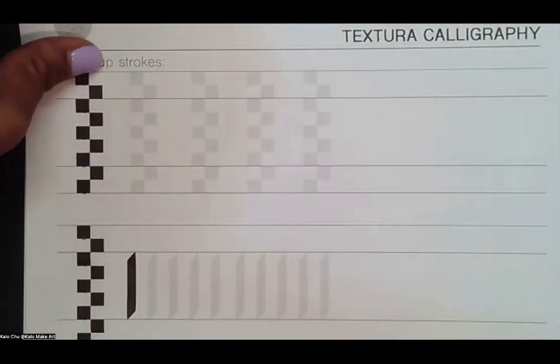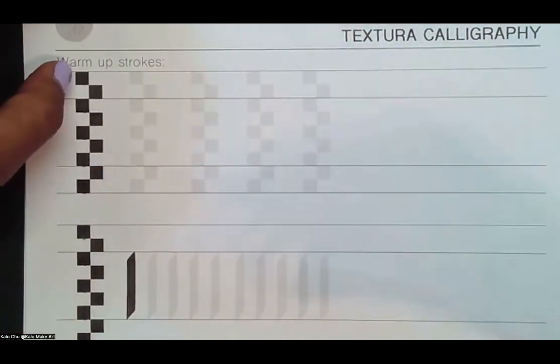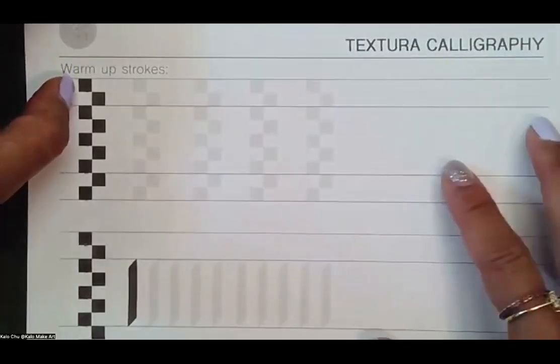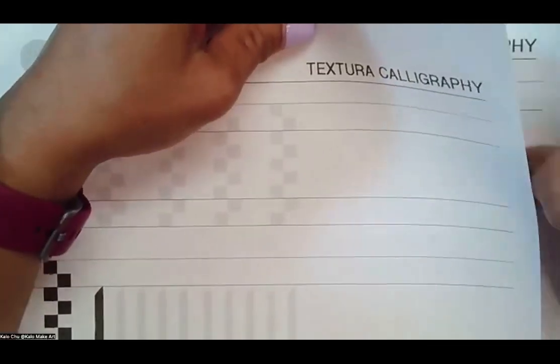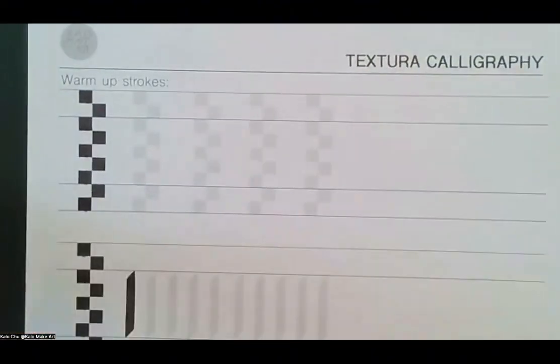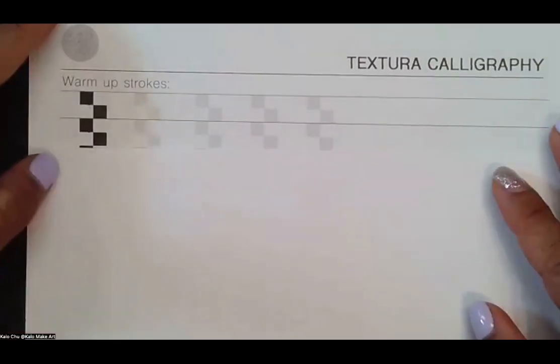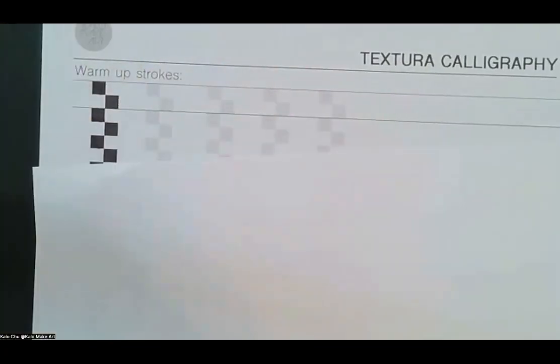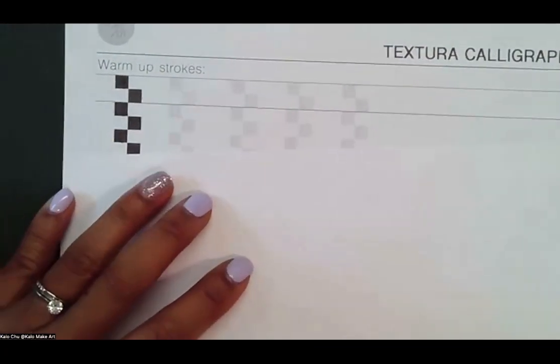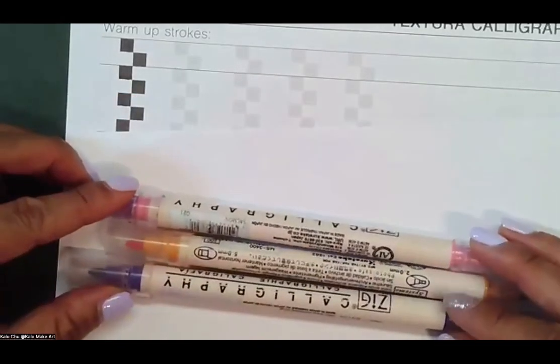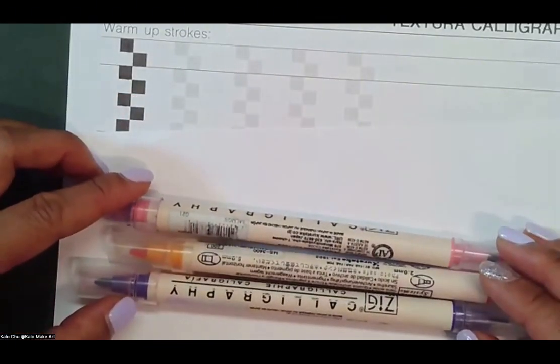Now, before we begin writing each letter, we also want to learn about warm-up strokes. I'm going to use the printed copy sheets. If you haven't printed this, not to worry, you can grab a piece of blank paper, and I want to show you. Because this is an online class, everyone might be using different tools at the moment. For demonstration, I'm just going to use a different color of the Zig pen, which is the felt tip pen. I will also demonstrate using